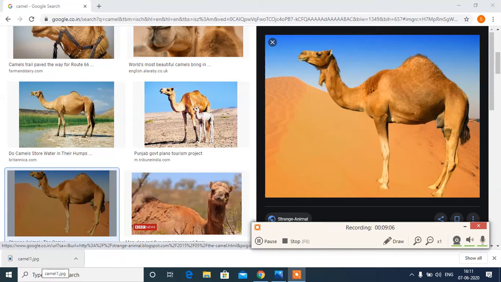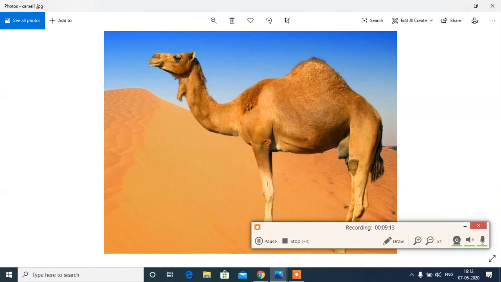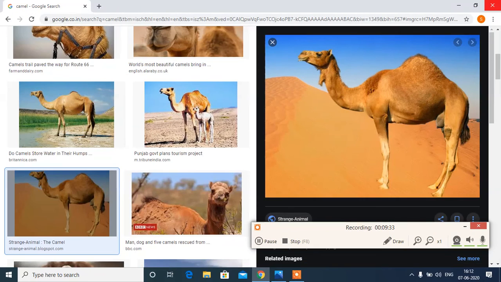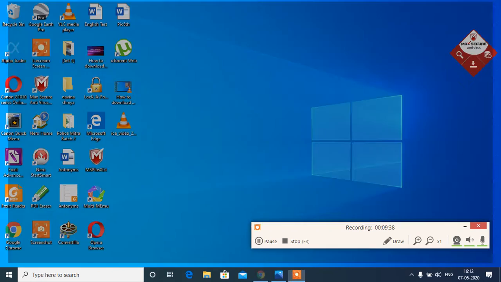So I just double click the notification. Now my image which I have saved, downloaded, is present before me. I am now sure that my image is saved. So I just close the image window and also close the browser.